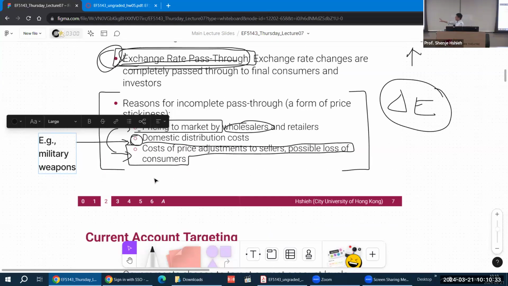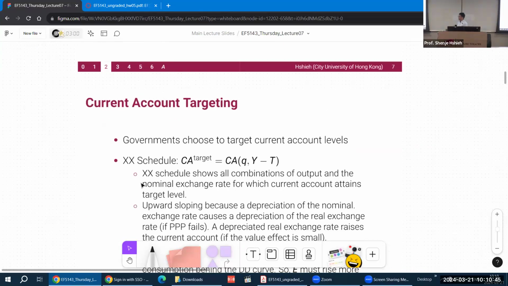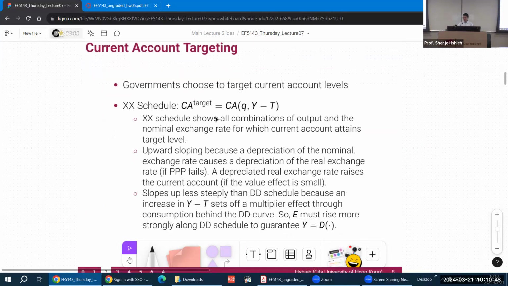All right, so with that in mind that there is indeed a possibility of exchange rate pass-through, some countries would want to dedicate a target for a current account. So what does that mean? It means that some countries will therefore have a specific number in mind for what the net export number should be, right? So for China, for example, if they want to grow perhaps X% over some time, they might say, well, over the next 5 years, we have to have our current account level at 100 trillion RMB. I don't know, okay? That number is what I call